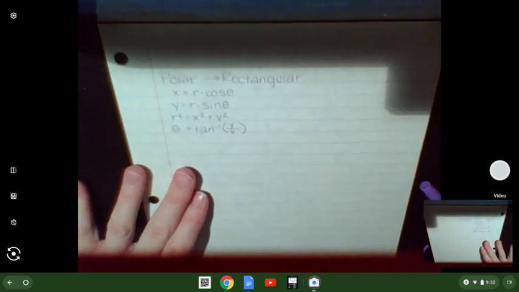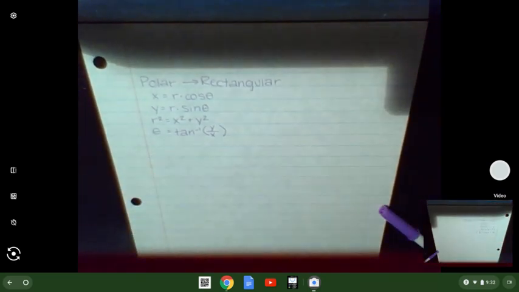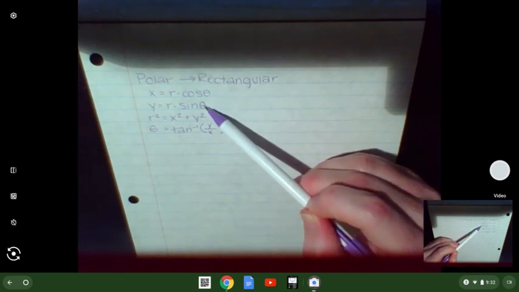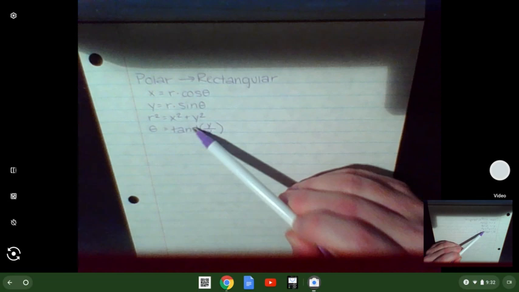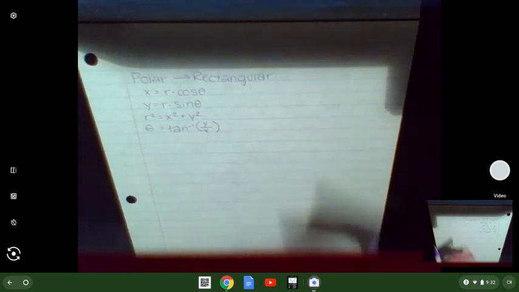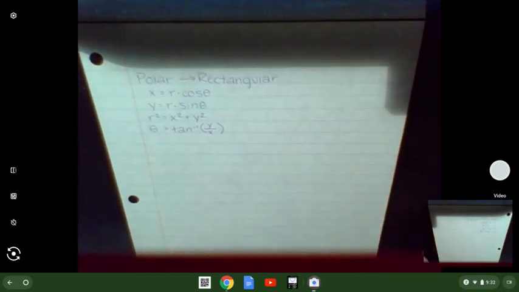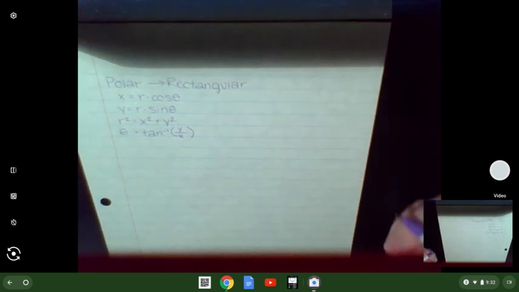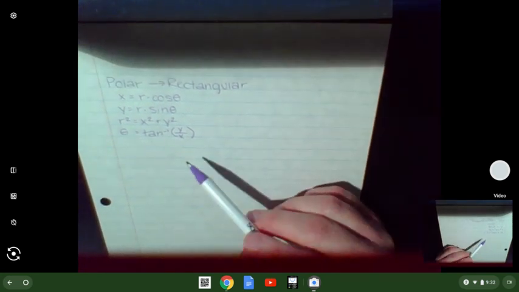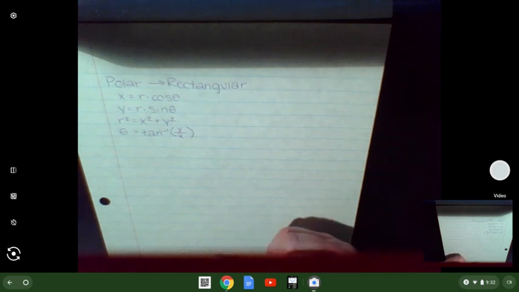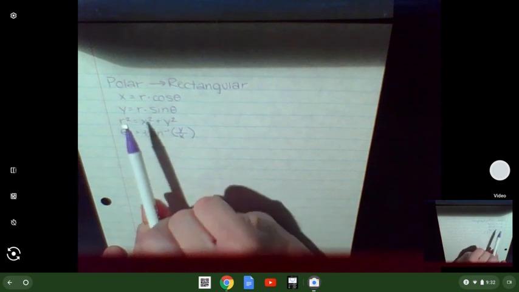Just like going from rectangular to polar equations, the key lies in the four relationships we established when we were just converting coordinates. The first two were the focus of rectangular to polar, and then we added these other two. Before we get into converting polar equations to rectangular equations, I want to talk about other ways these equations can be expressed that could also be helpful. So if we start with a polar equation,